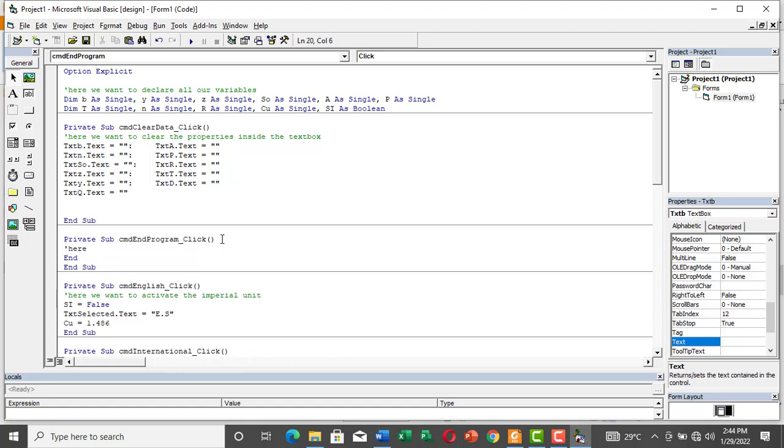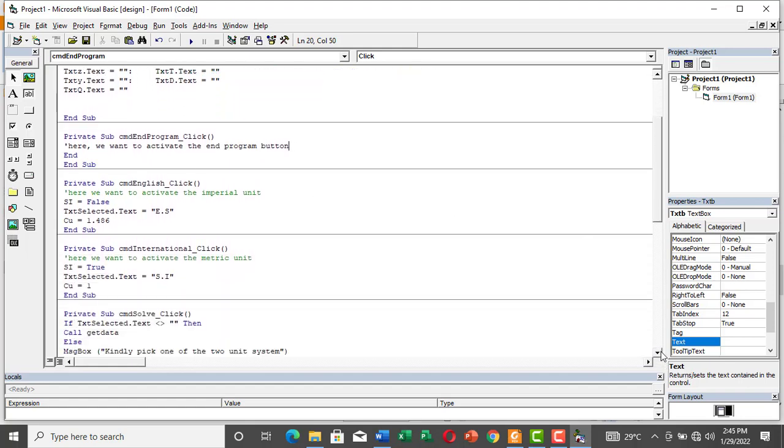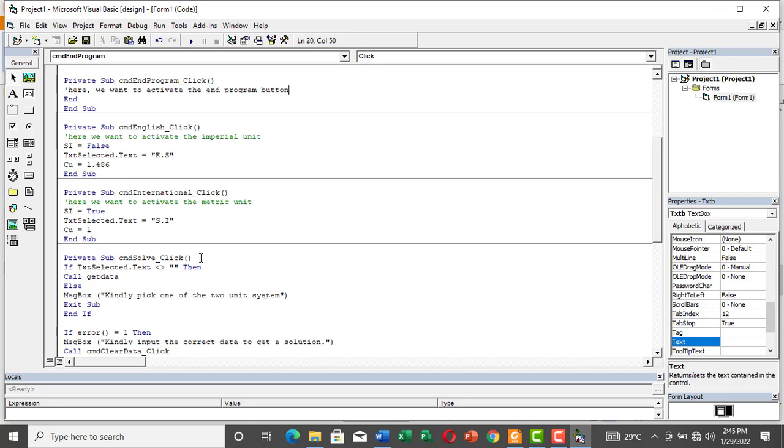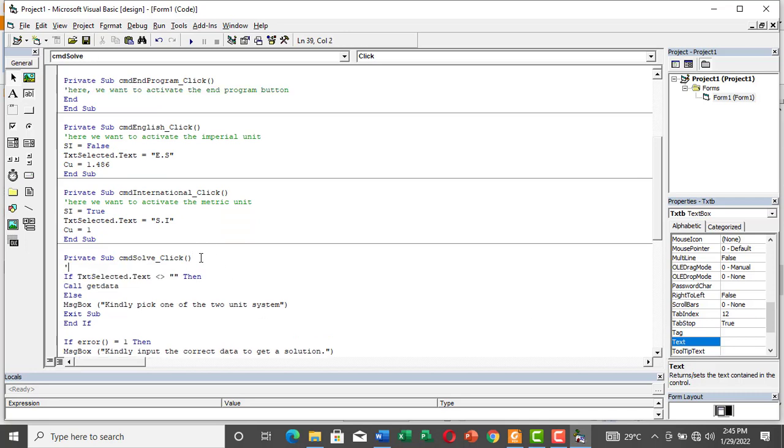Here we want to activate the end program button, right? I think that's all. Command solve. Here we want to solve for q,